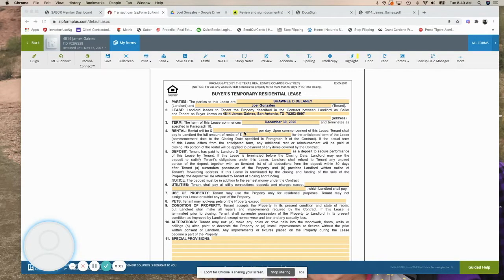All right, ladies and gentlemen, the buyer's temporary residential lease. I have to be honest, I use this one a lot less frequently than the seller's temporary lease, but every once in a while you end up in kind of a cool situation. So just to let you know what's going on here, my client is set to close on this house